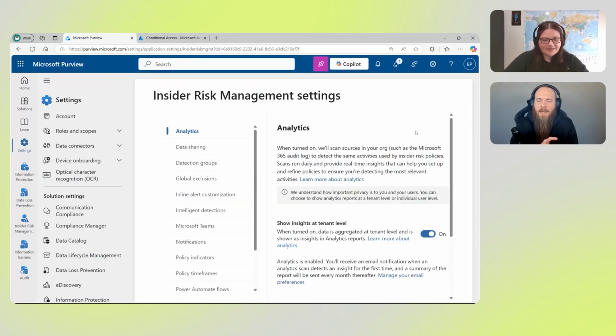Okay, insider risk management, so analytics. Let's start from the top and work our way down so we can understand the most important ones here. Sure. Absolutely, 100%. And before I do that as well, just for anyone that might not be that familiar with the new unified Microsoft Purview portal,